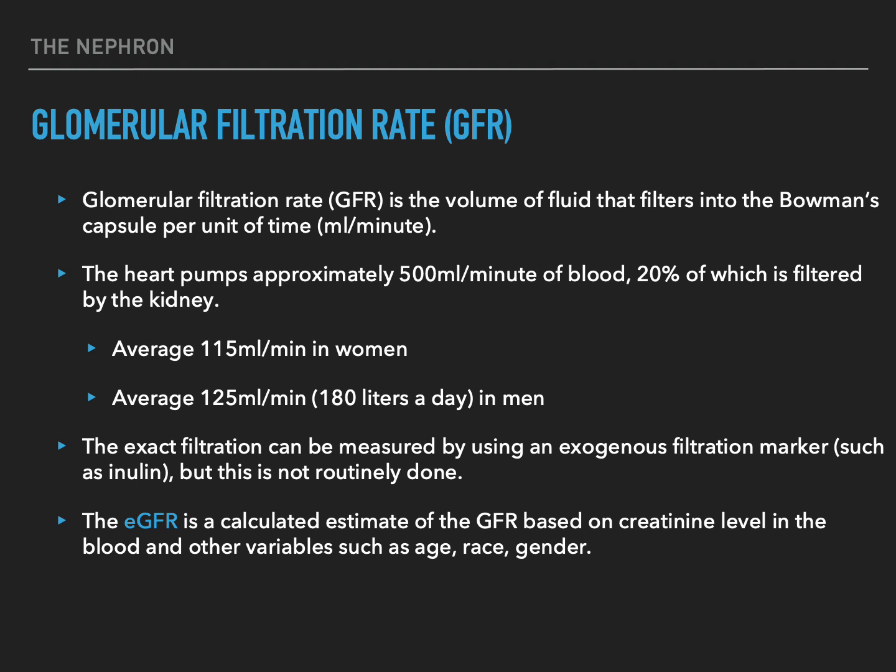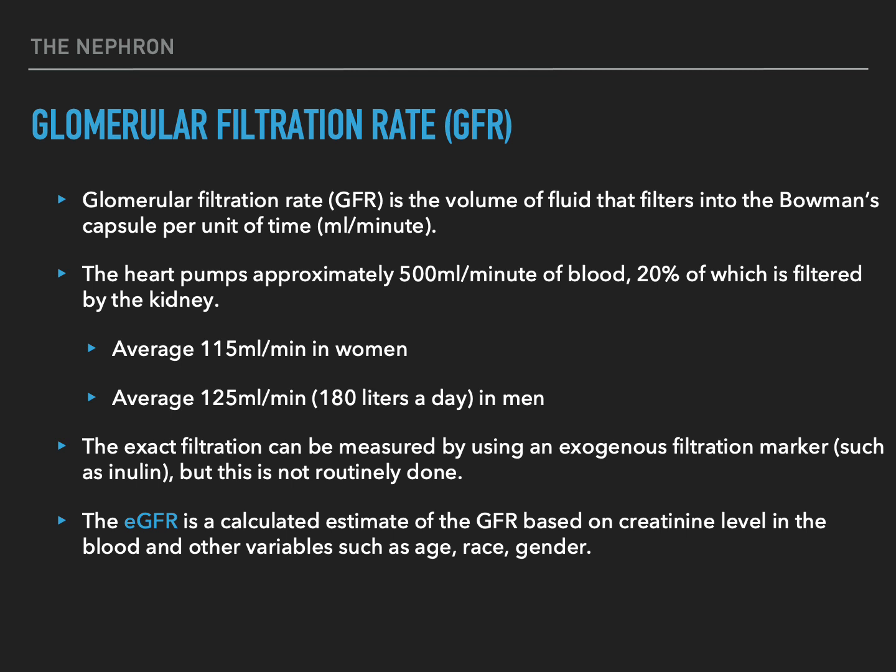The heart pumps approximately 500 milliliters per minute of blood, 20% of which is filtered by the kidney. On average, women filter 150 milliliters per minute and men 125 milliliters per minute, which is about 180 liters a day. The exact filtration can be measured by using an exogenous filtration marker such as inulin, but this is not routinely done and doesn't need to be because we have figured out a way to make this calculation via the eGFR